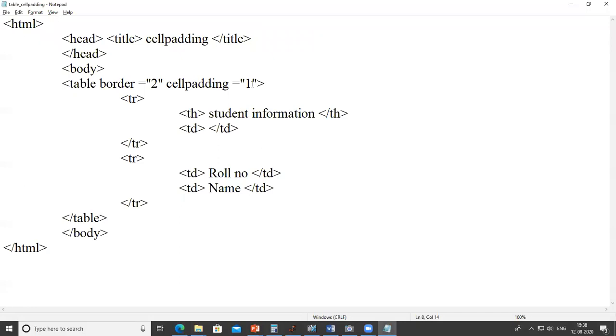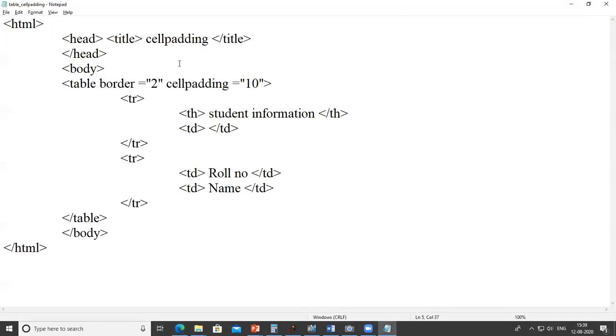So it looks like this. To overcome this, we use col span. So it will merge the two columns. But right now it's okay. If I want to increase it to 10, it will look like this. So it increases the distance in a cell. This is the cell padding.